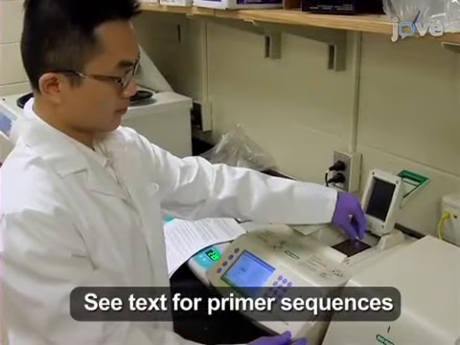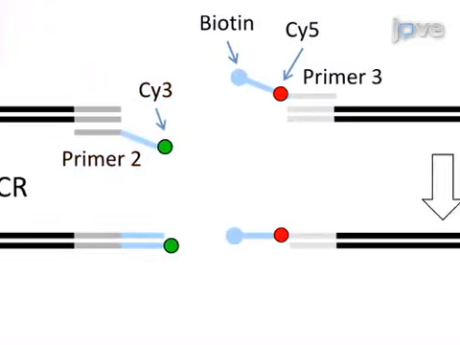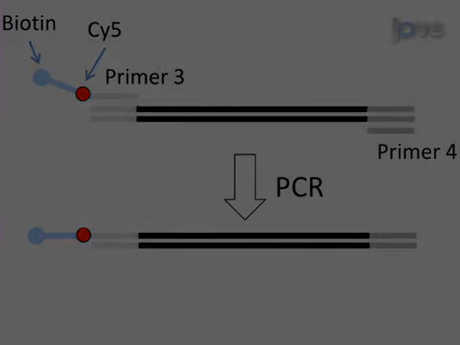Next, perform PCR with primers 1 and 2, with FRET donor Cy3 labeling of primer 2 at the 5' end. Then, perform PCR with primers 3 and